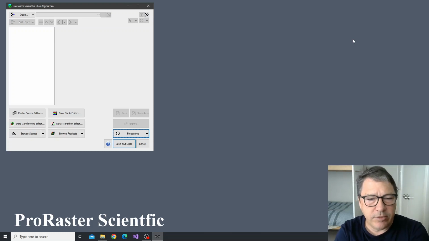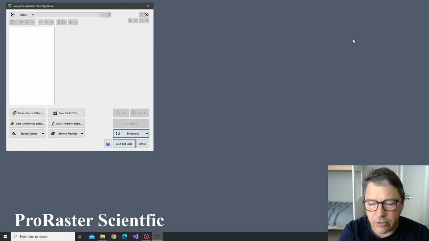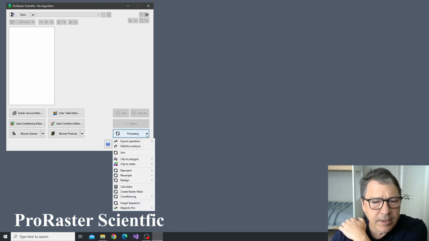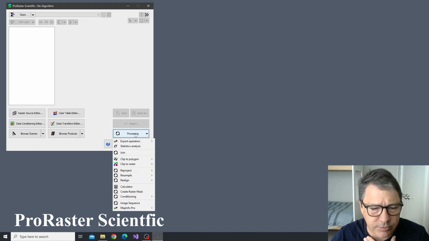Today I want to show you the processing menu in ProRaster Scientific. So click this button, drop the menu down, and you'll get the processing operations that are available to you in